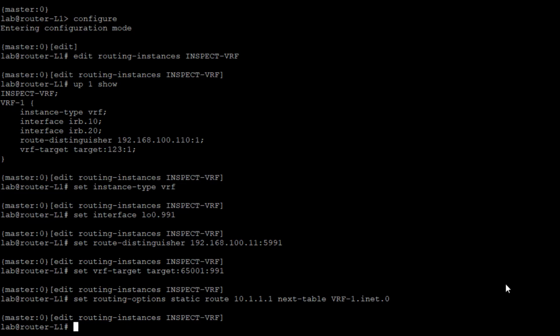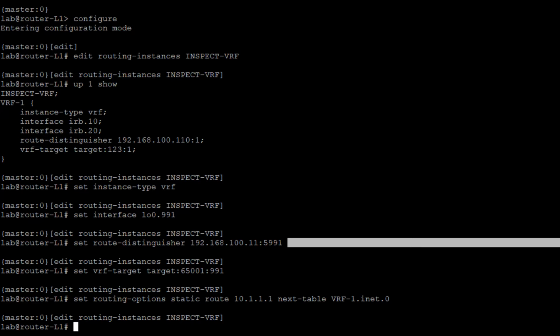And then the other part of it is we're going to use an export policy to export this into the EVPN as a type 5 route. And so then host 2 knows how to get back to it as well, and also the firewall and whatnot. So this is very, very important. All right, and so with that, let's set up the